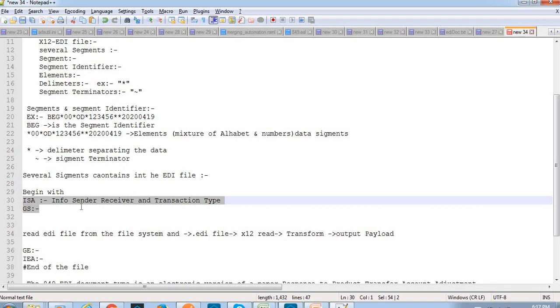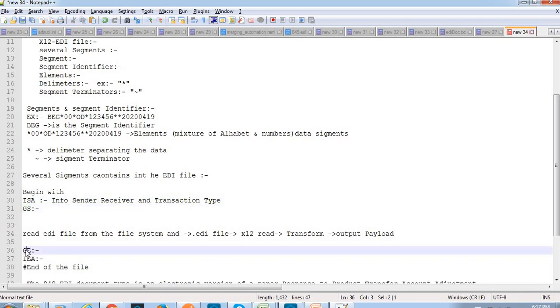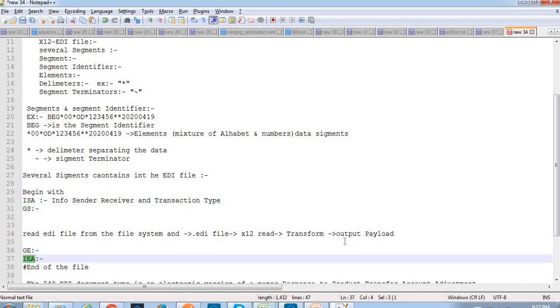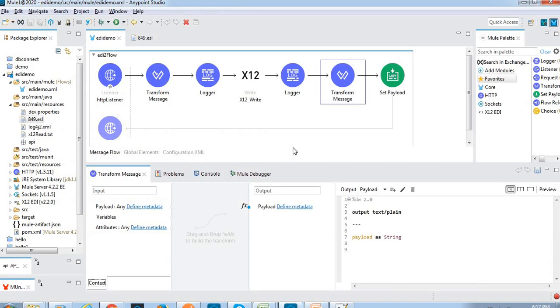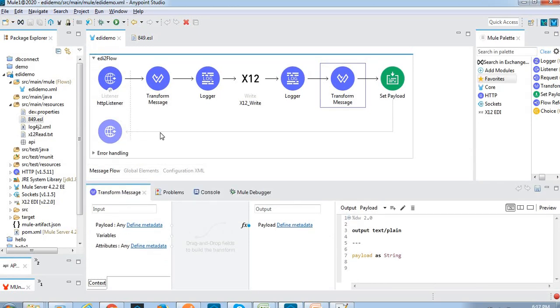See, here the EDI file begins with these two segment identifiers and ends with these two segment identifiers. Okay, let me show you the demo here. Through Postman, as a client request, I send JSON data.